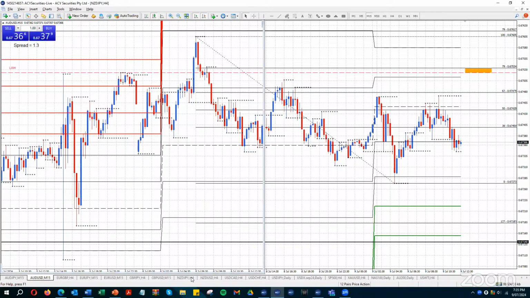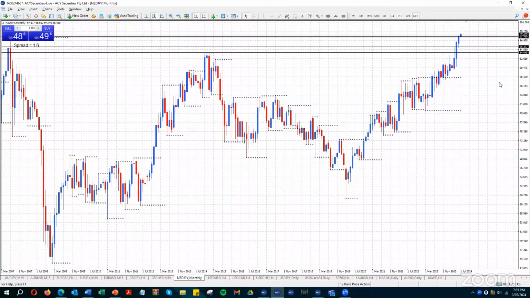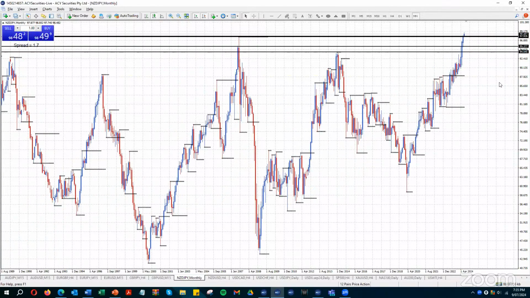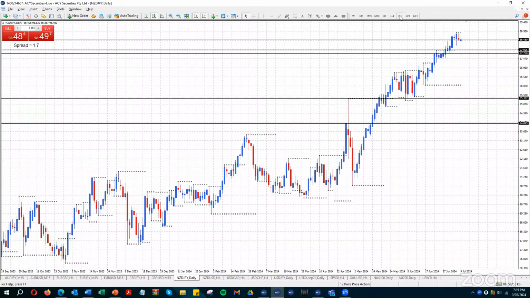Okay, getting into New Zealand yen, which I don't really like at the moment. It's very high up. It's not really signaling any opportunity to get short at the moment. According to my data, it's above the all-time high just here at 97.75. Monthly, weekly trends are up. Day trends are up, but we're very overextended. And for me, I'm not getting a signal to go short